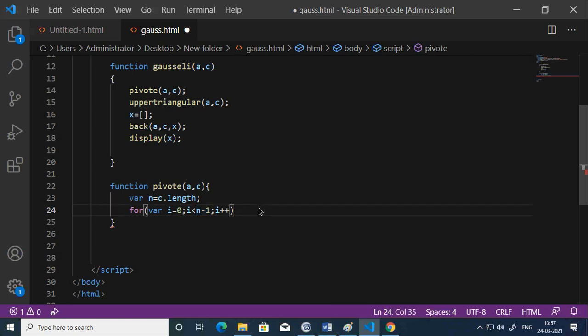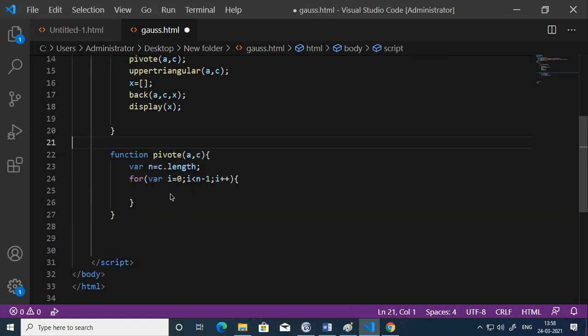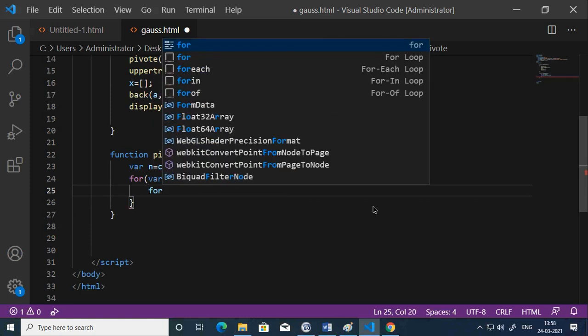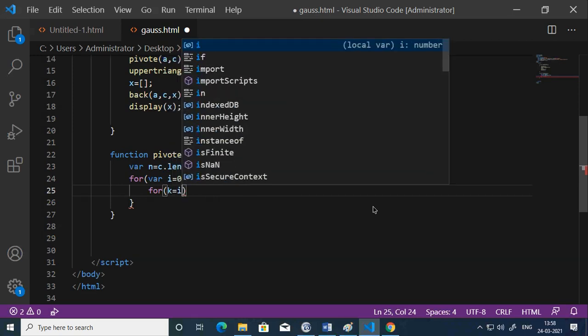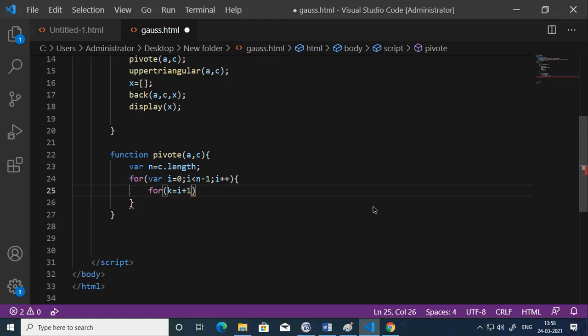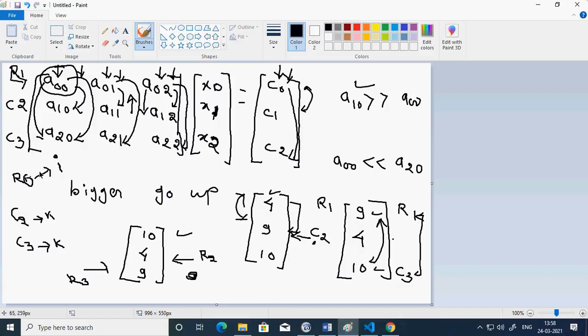Now, this is what is there. I just open this. Okay, so I open a for. Now I have the reference row. Now I need the comparative row, because I need to compare I with K. So therefore I should start for K equal to I plus 1. Now why K equal to I plus 1?